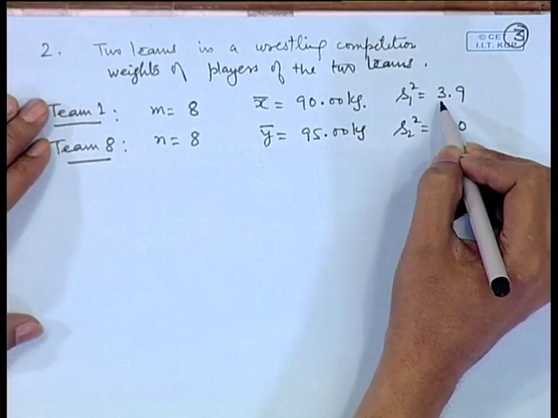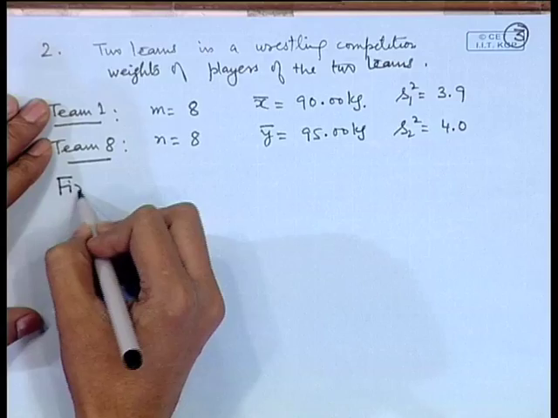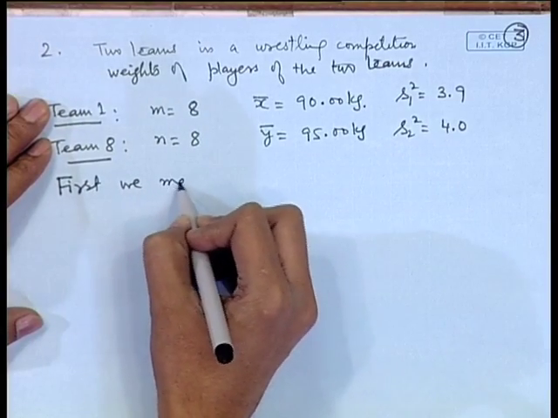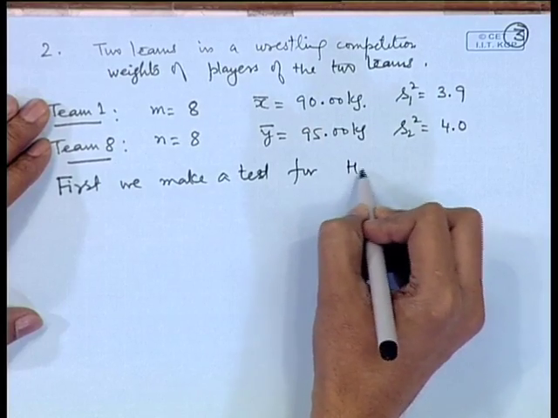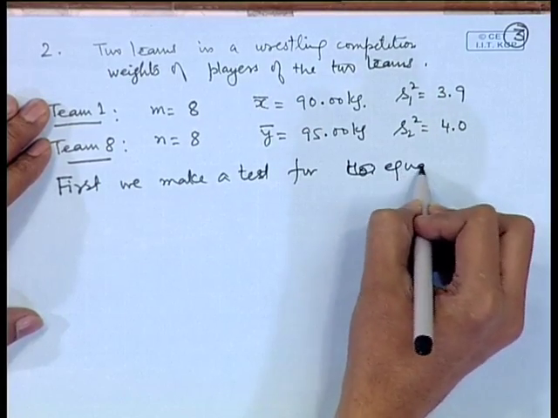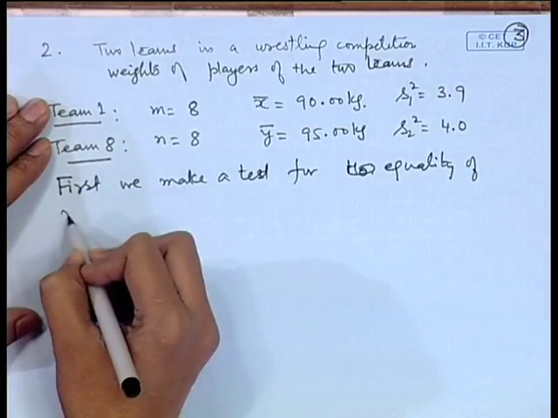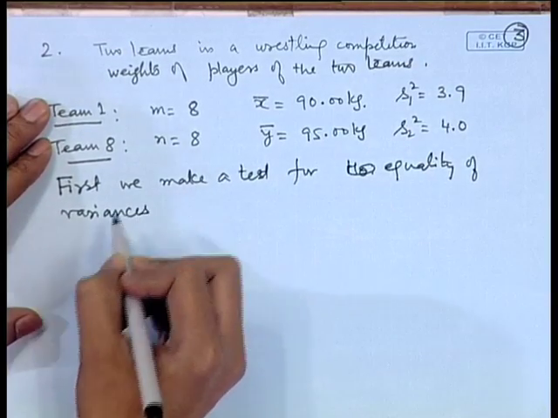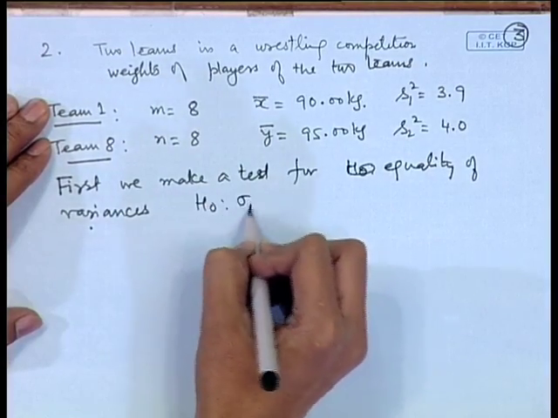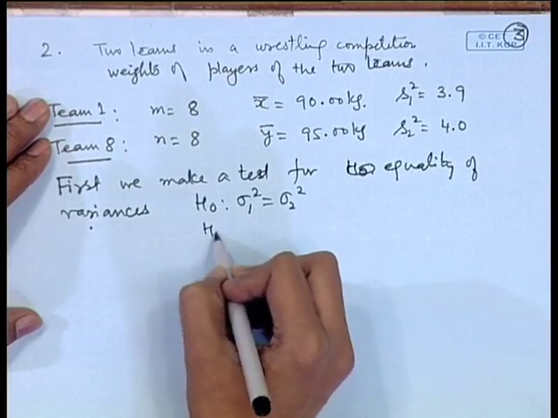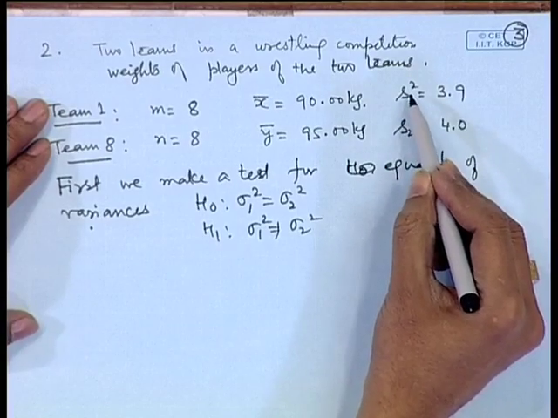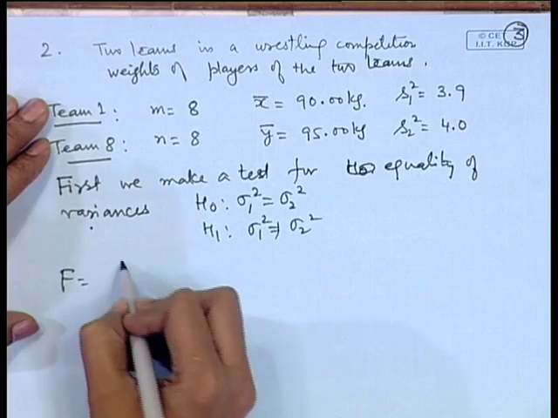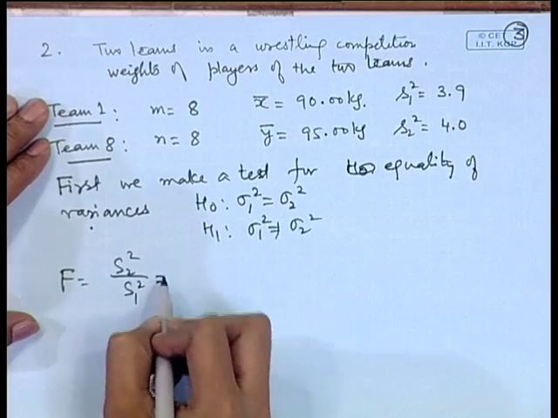So, firstly let us test, first we make a test for equality of variances. That means, we test H naught: sigma 1 square is equal to sigma 2 square against H 1: sigma 1 square is not equal to sigma 2 square. Now, here you see that S 2 square is bigger than S 1 square. So, we make F as S 2 square by S 1 square, which is equal to